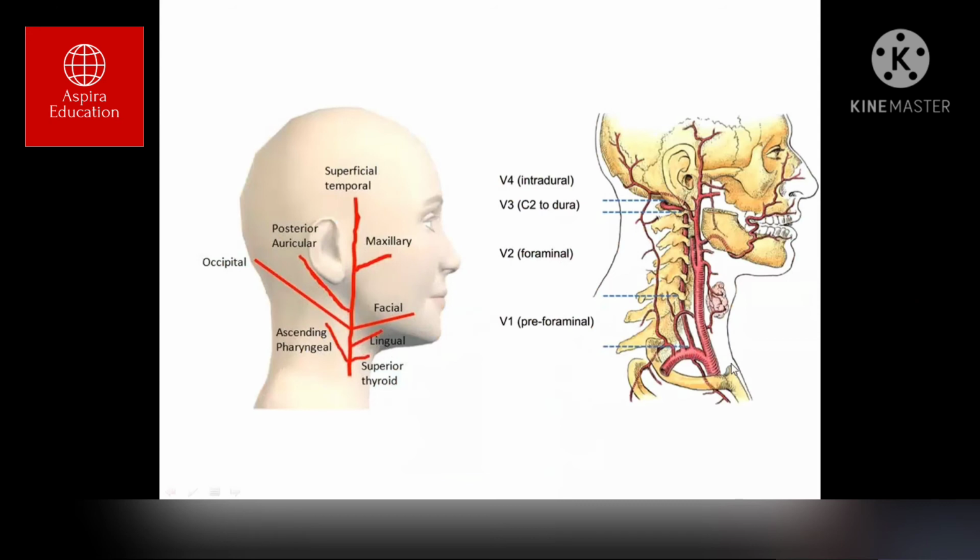Let us discuss the posterior circulation. Posterior circulation is predominantly formed by the vertebral artery. Here you can see the carotid artery, and here is the subclavian artery. The subclavian artery gives rise to the vertebral artery. The vertebral artery passes through the preforaminal area, what is called the V1 segment. Subsequently it traverses the foramina up to C2, V3. Then it pierces the dura mater, so it has an intradural course and enters the skull. Two vertebral arteries join to form the basilar artery. This is how the posterior circulation is formed, and it continues as the circle of Willis.